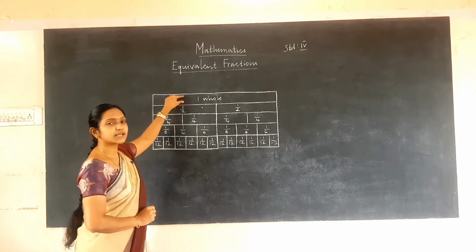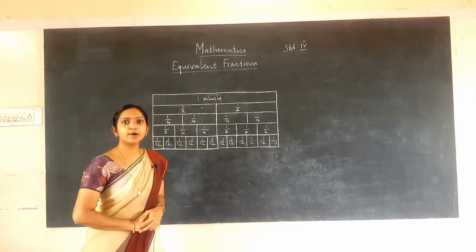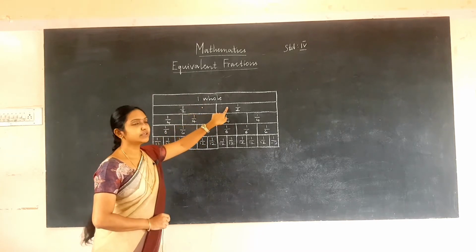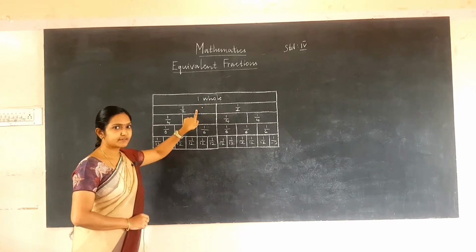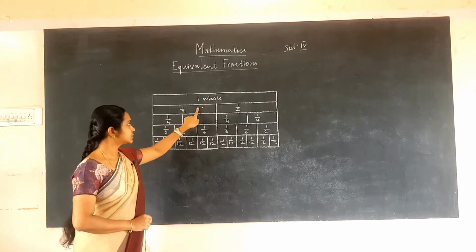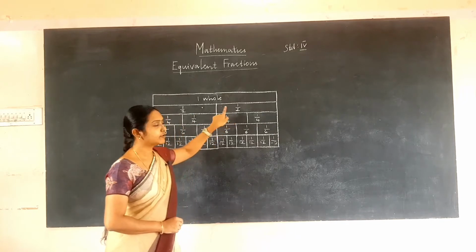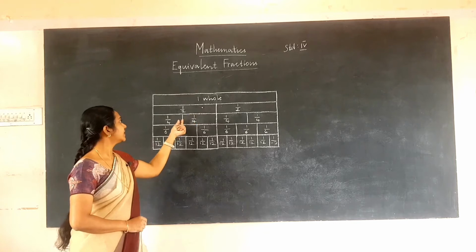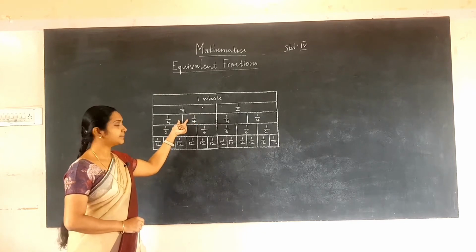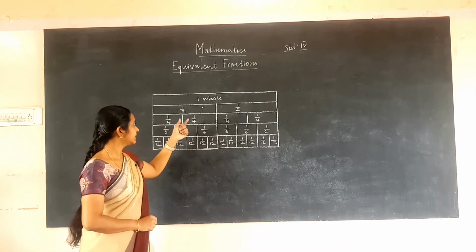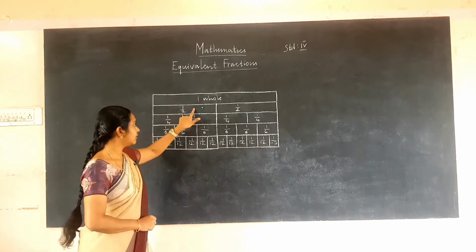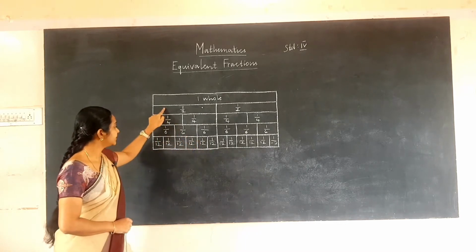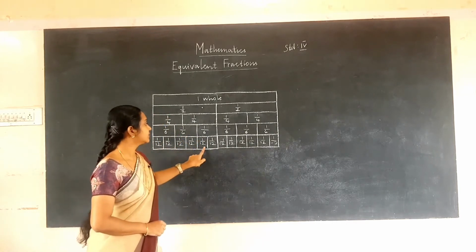The first one is a whole, and we can divide a whole into two equal parts. We have divided a whole into two equal parts, and each is a half. This is called a half. This is one half and this is another half. Together we get a whole, and from this one half we can divide it into 1/4, and we can divide one half into 3 1/6, and a half into 6 1/12.